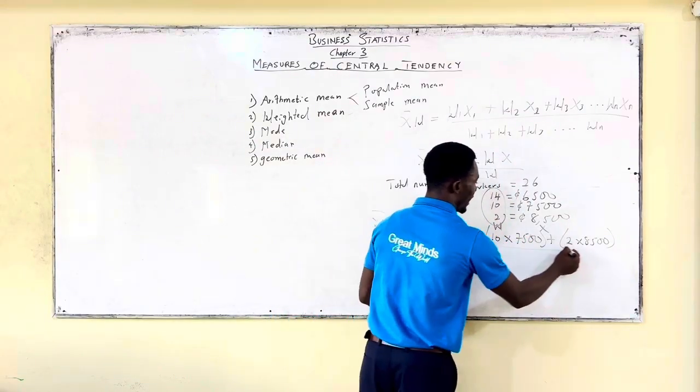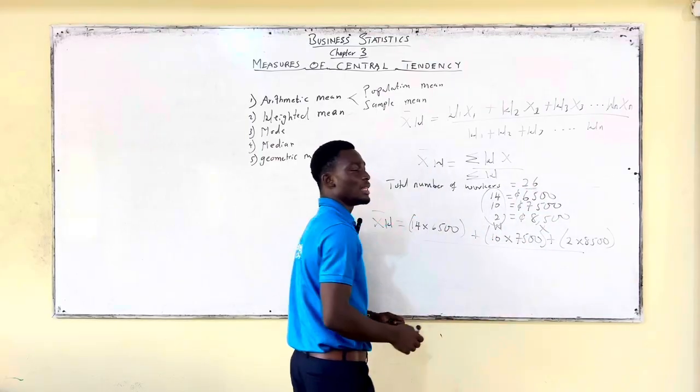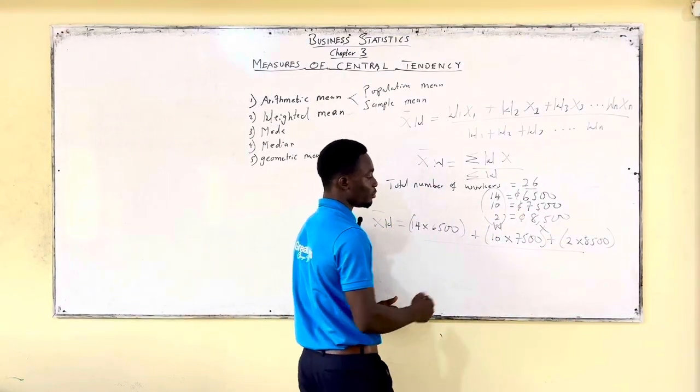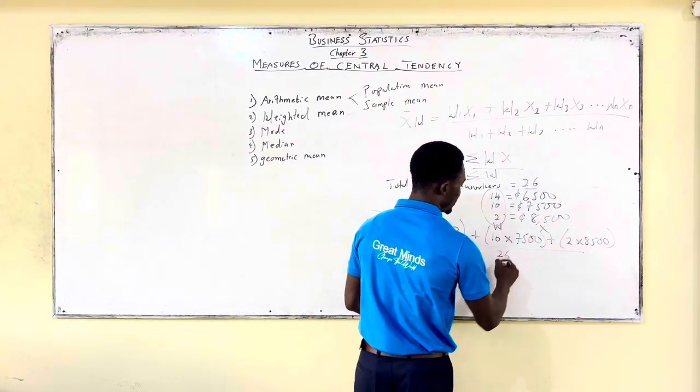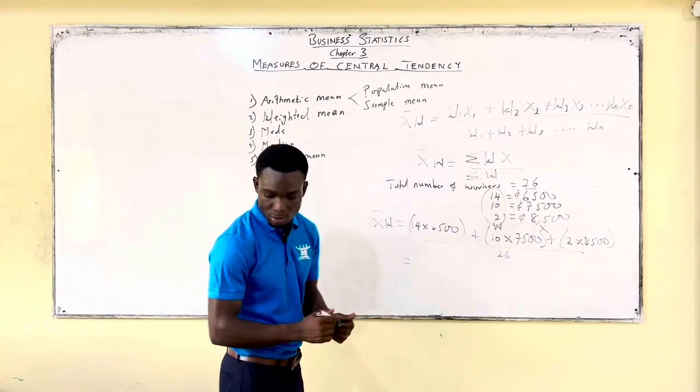All divided by, here we don't have to add all this because he has given us the total number of employees, which is 26. Therefore, we can say that x bar w is equal to